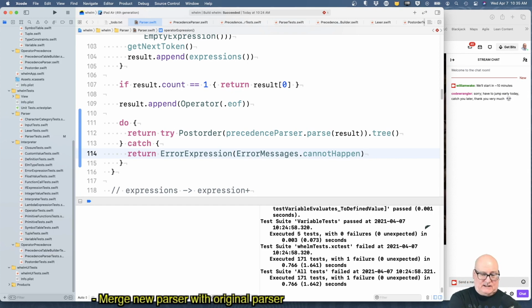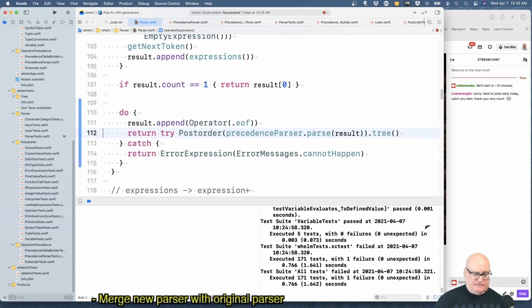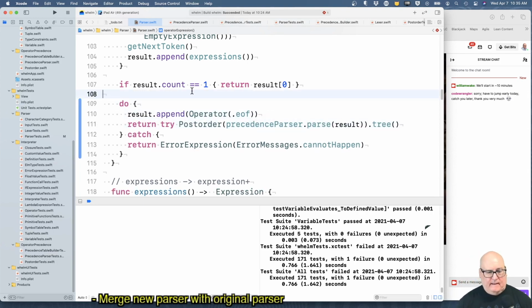It's a bit more complicated, isn't it? Let's pull this in just to kind of keep it together. All right, so if it's not a single result, then we're going to append the operator EOF so we can parse this thing. We maybe could push that somewhere else, but anyway.